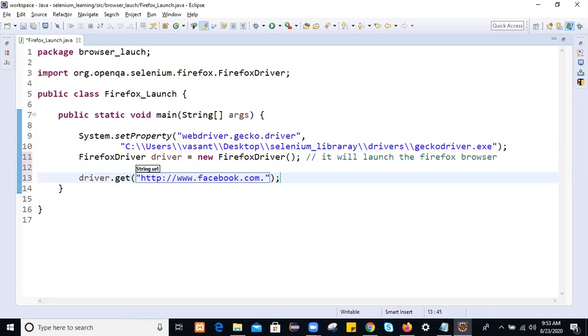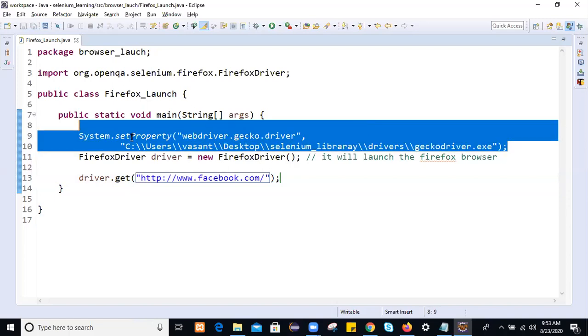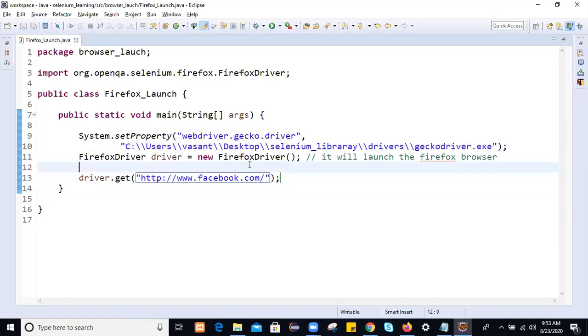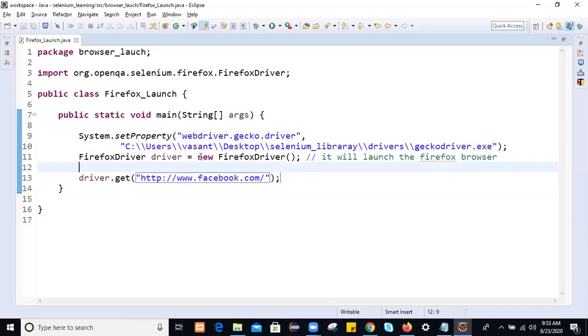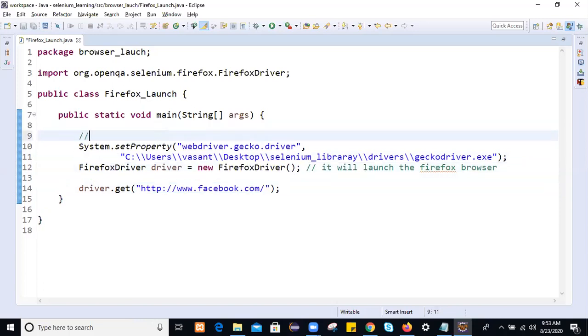So first we will set the system variable path for Firefox.